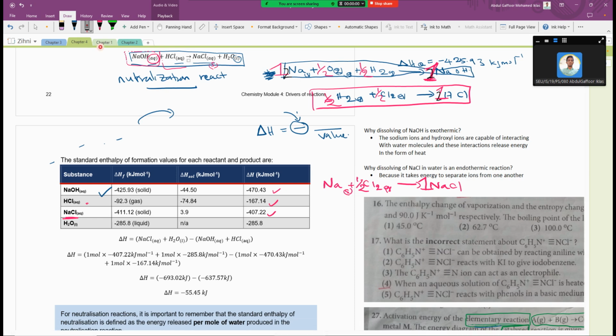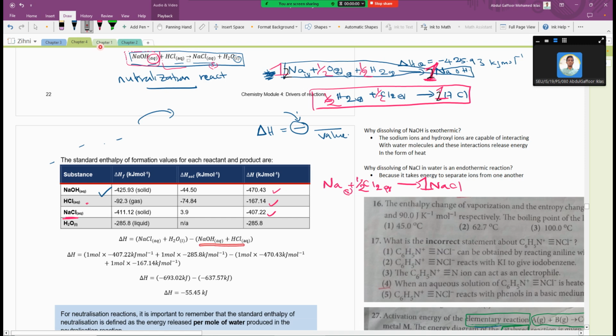Original equation in the sense, this equation: delta H is equal to summation delta H formation of products minus summation delta H formation of reactants. For this they might allocate some marks, right? So before starting any question, you better write down the equation and then substitute. Before this you should have written the original equation, and then NaCl plus H2O minus NaOH minus